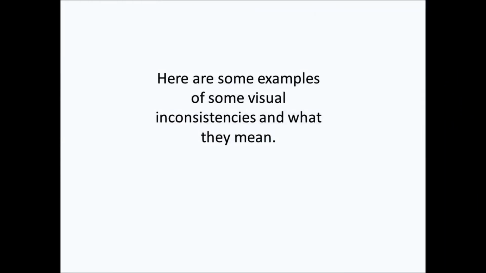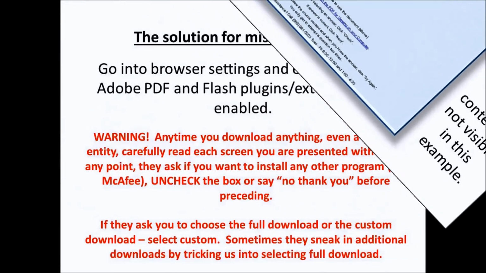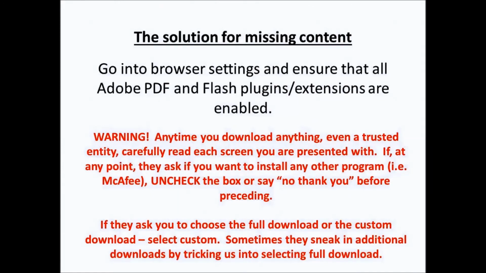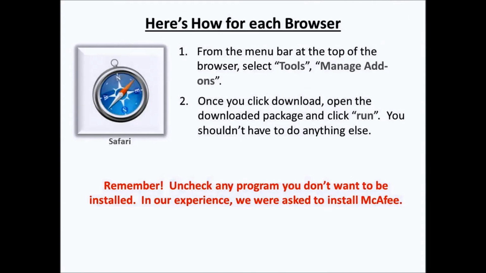Here are some examples of visual inconsistencies and what they mean. Example 1. The content is not visible in this example. The solution for the missing content is to go into your browser settings and ensure that all Adobe PDF and Flash plugins